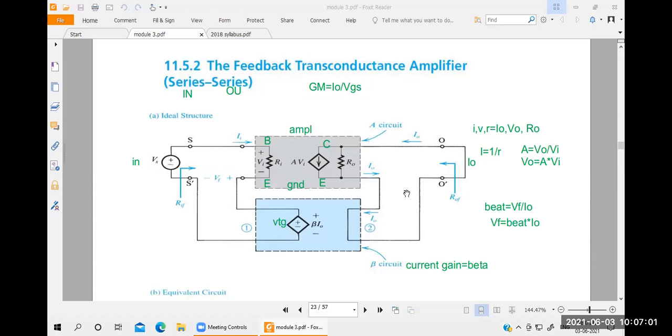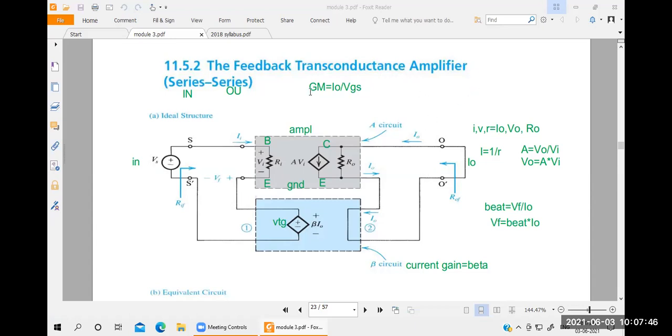This I naught is the input of the feedback. So what is the input of the feedback now? I naught. Then you take one more feedback output voltage, that is VF. So VF is equal to beta into I naught, because this is the transconductance case. So you take the output as a voltage and the input as a current for the feedback. See the source here: if it is an arrow mark, that is current; if it is a plus or minus, it's a voltage. Understood? But here the output is current because it is transconductance.